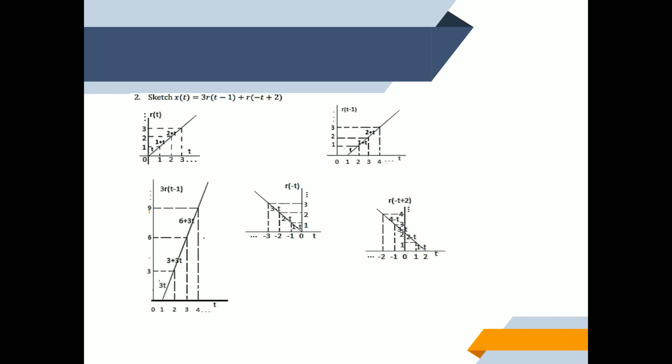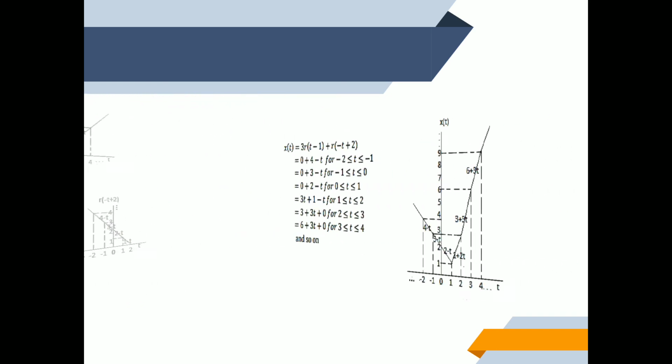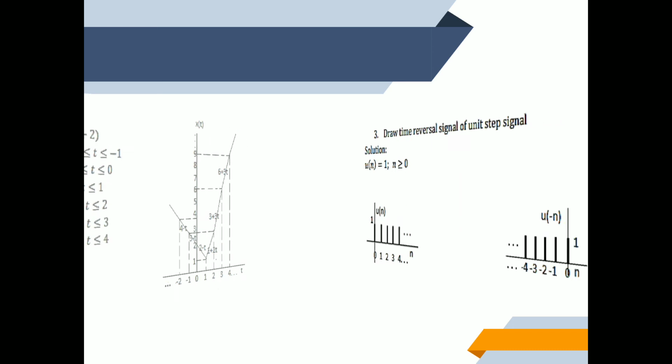Addition is also the sum of two continuous time signals x1(t) and x2(t), which can be obtained by adding their values at every instant of time. Similarly, the subtraction of one continuous time signal x2(t) from another signal x1(t) can be obtained by subtracting the value of x2(t) from that of x1(t) at every instant. Signal multiplication: the multiplication of two continuous time signals can be performed by multiplying their values at every instant. Two continuous time signals x1(t) and x2(t).